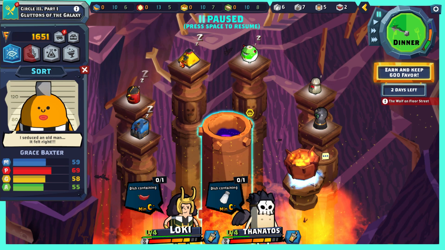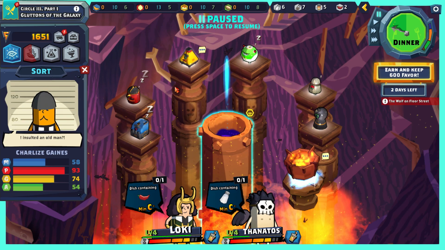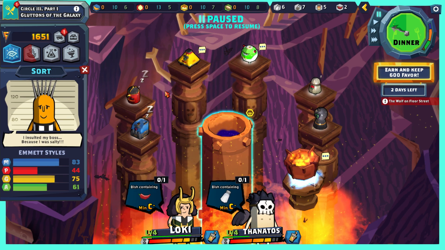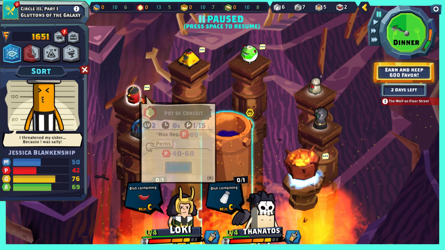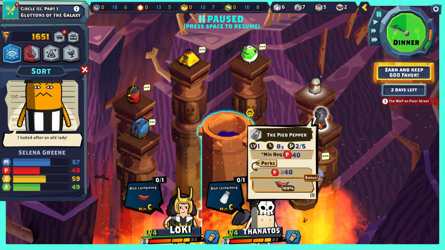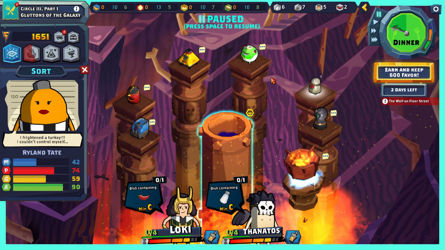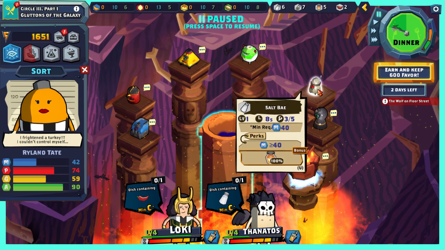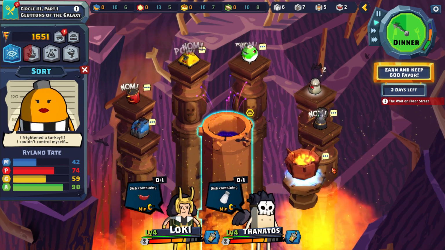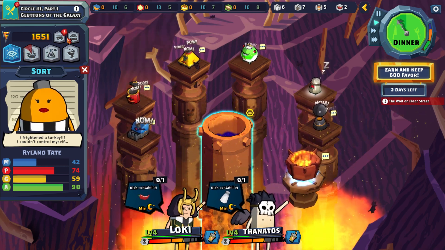What can we do with our sinners? We'll do more yellows. We'll do a green. Blue. Red even. And a blue. Still need more chili, really. And we'll hold on to that. So we're just waiting for...